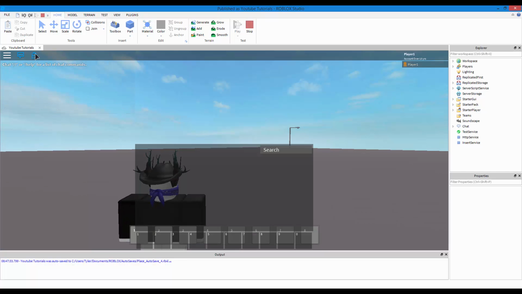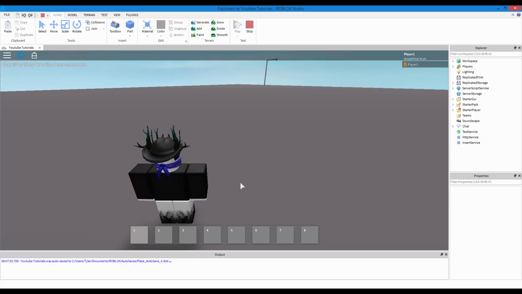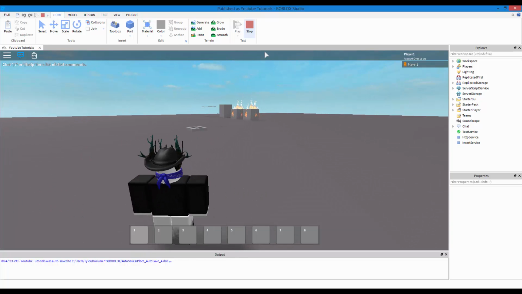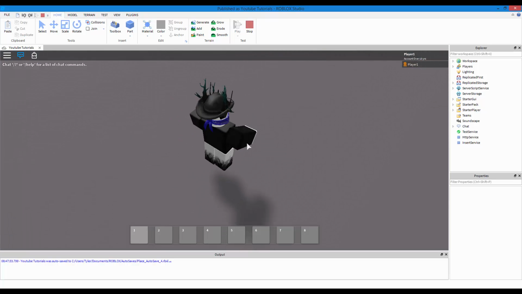As you can see, there's a backpack over here. I don't like that one. So if you press 1, it's going to equip maybe a sword. Then I'll add images in. I'll see what I can do. It's not going to be really advanced, but it's going to be pretty simple maybe.